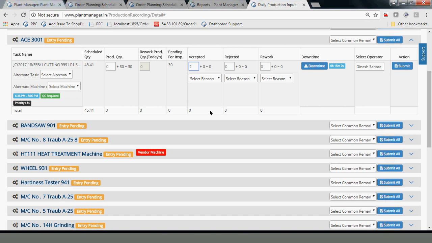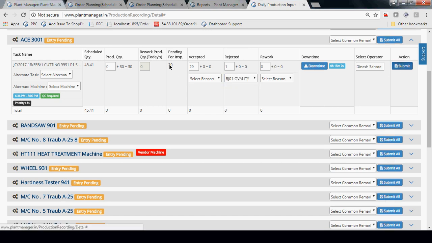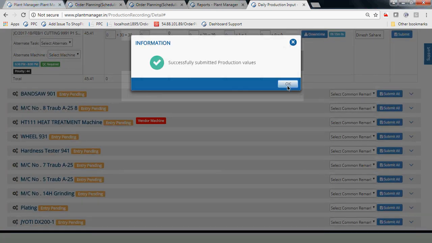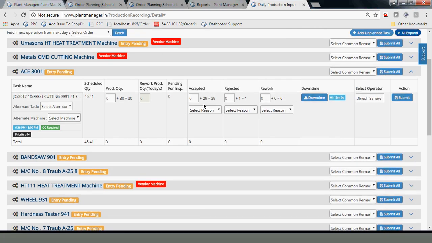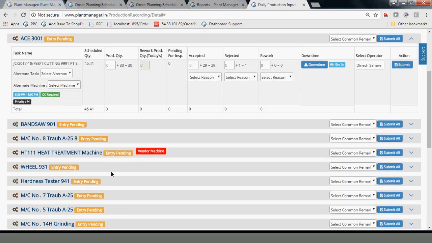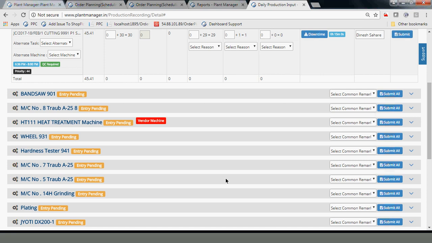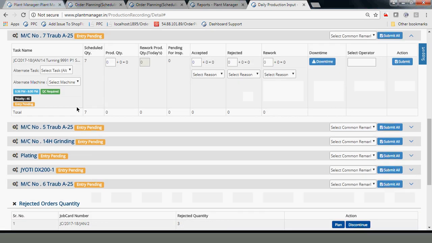Now suppose the quality inspector accepts 29 of this 30 and rejects 1 because there was some reason like ovality, and he just submits. So this 30 quantity is now carried forward to the next process. Typically this 30 quantity is not qualified, but 29 is qualified for the next process, which is my bandsaw, which is my turning process. So if I can see here,